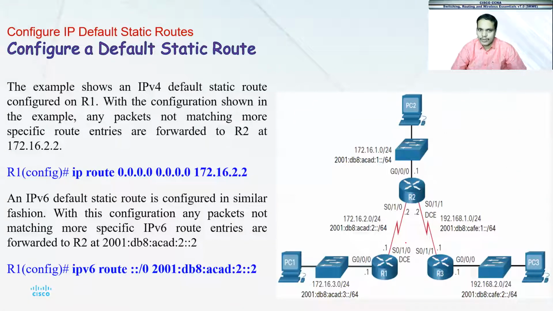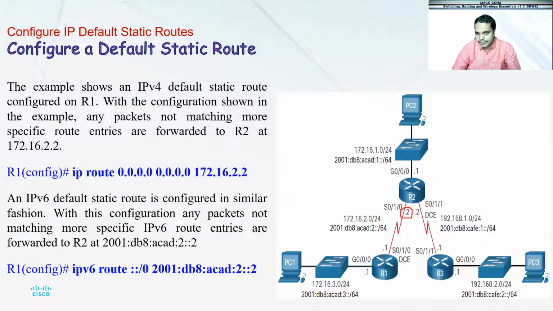Now in this example, once again, if I want to set up on R1, what I'm doing is I'm setting a default route for 172.16.2.2. So if R1 receives a packet which it doesn't understand or which does not have a good match at all in the routing table maintained at R1, then I'm specifying that if you don't have a match, forward them to 172.16.2.2, which is the IP address of this